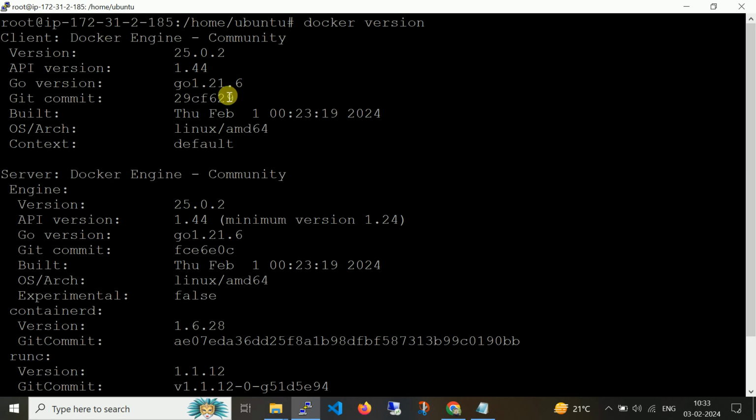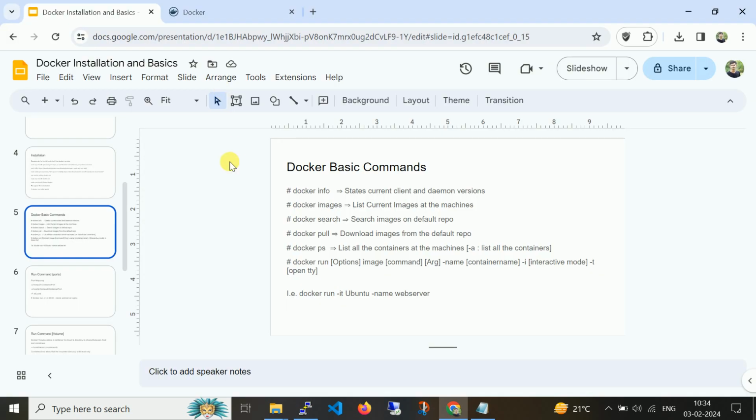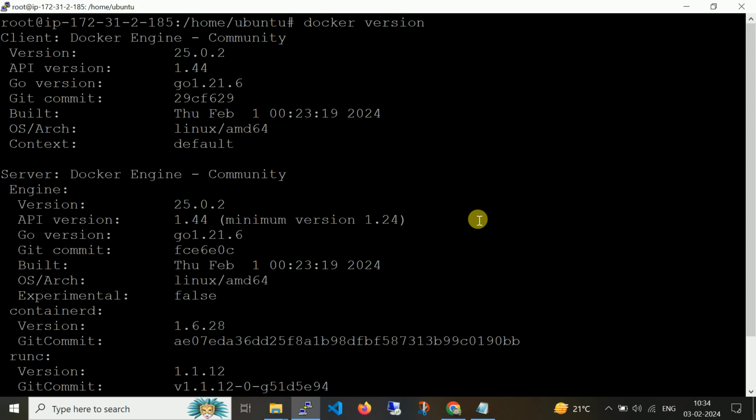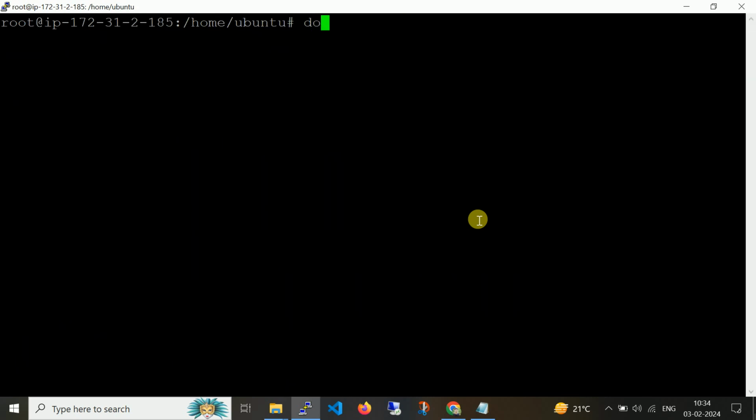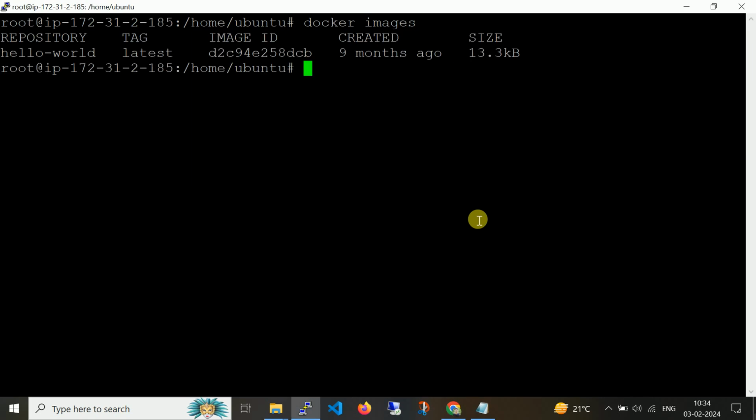Now next, docker images, the list of the current images on the machine. So here I just downloaded one image called hello-world. If you have more than one image, you will see them all in the list.